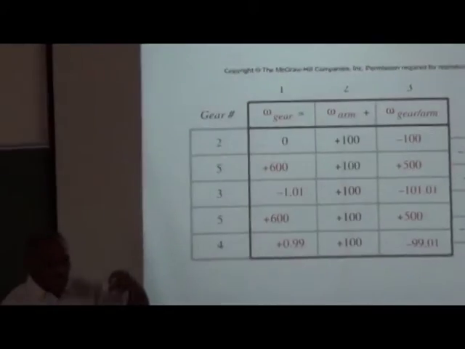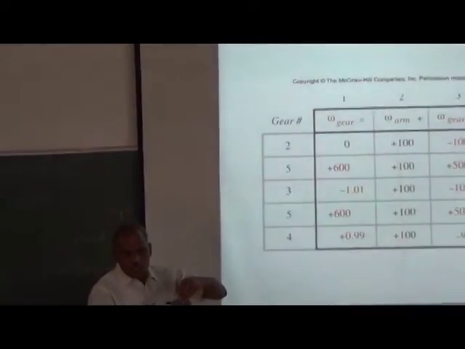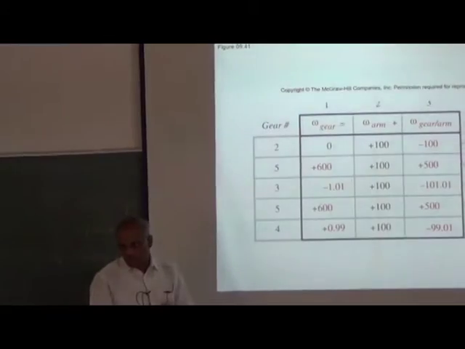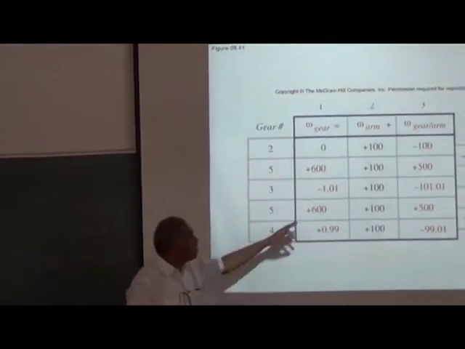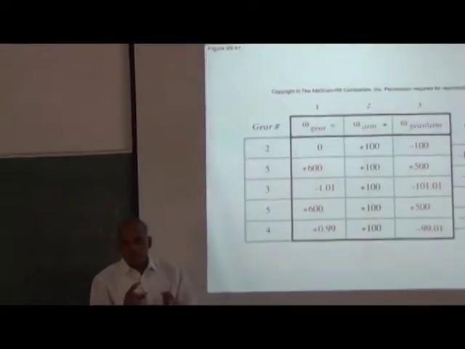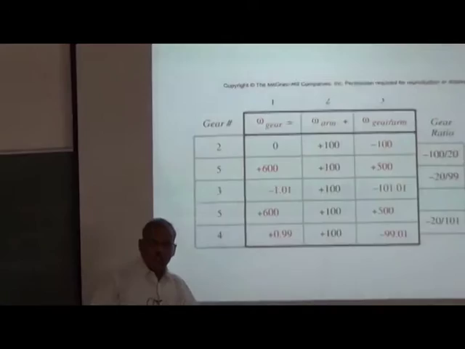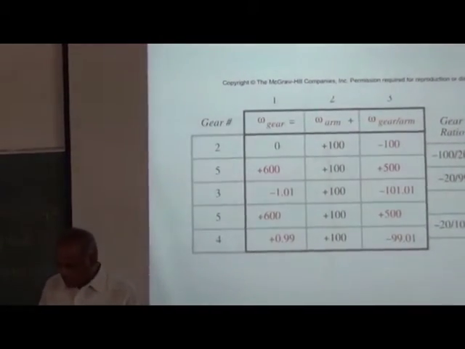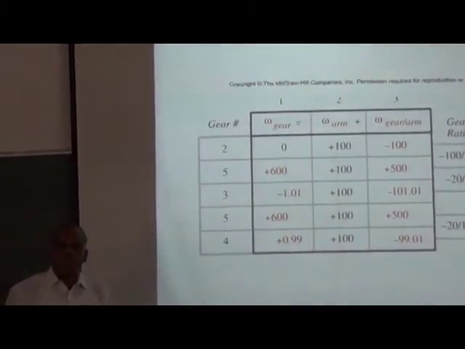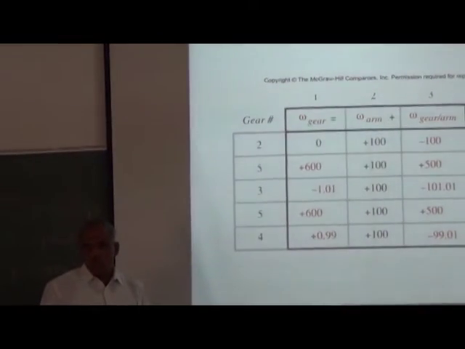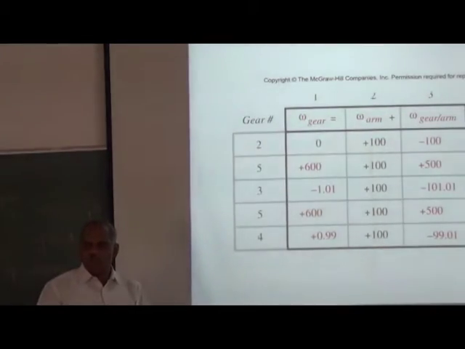Whereas, what is the gear? If you see the physical gear teeth and calculate, it is 1:5. But with 1:5, you can get 1:100. At the same time, you get a reverse direction output also. So this type of gear train is used in gearboxes, which is called the automatic gearbox. In Western countries, most of the cars are fitted with the automatic gearbox. You don't have to change the gears.